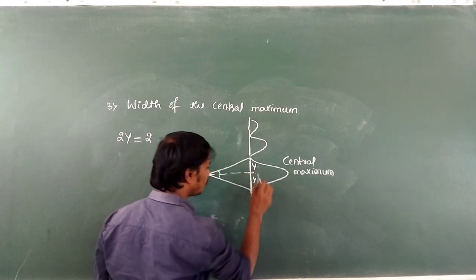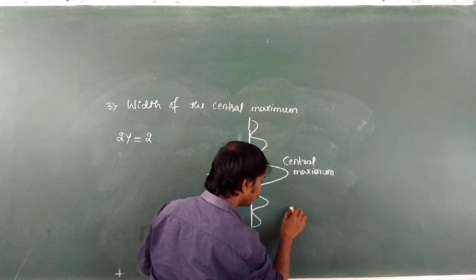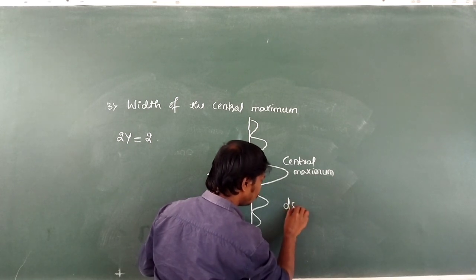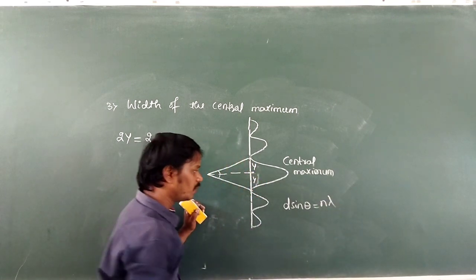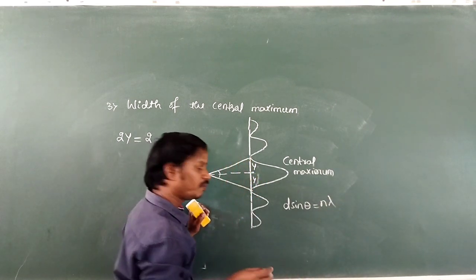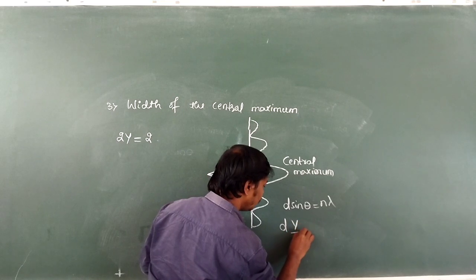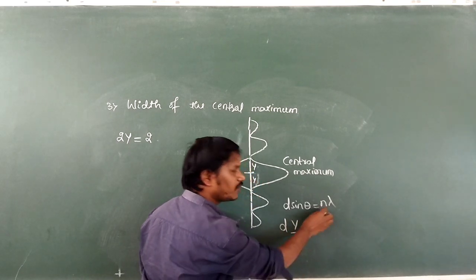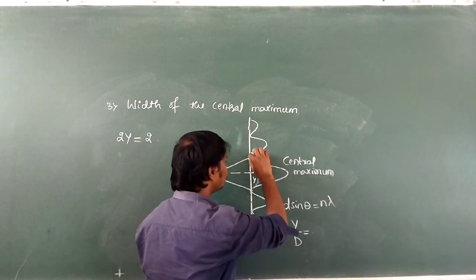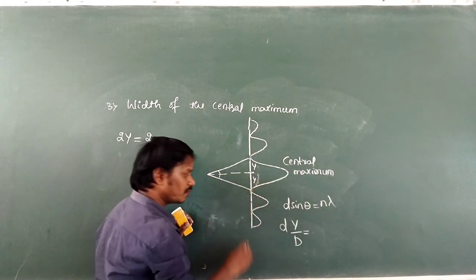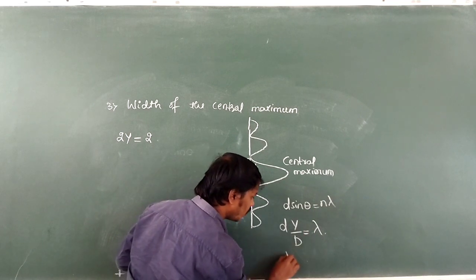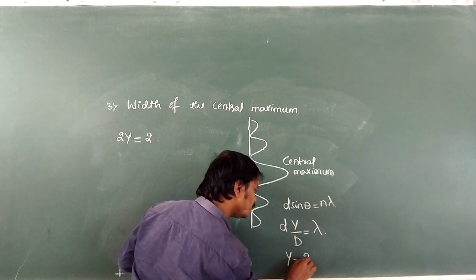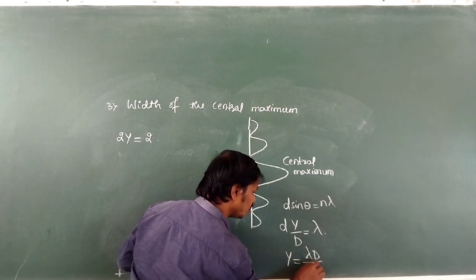For diffraction minima, the formula, as I already said, is d sin theta equal to n into lambda, then theta can be written as y by D, then n can be taken as 1 because it is the first minimum. This is the first minimum and this is also the first minimum, so it is lambda. Now what we need: y is equal to lambda into capital D divided by small d,